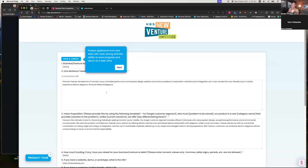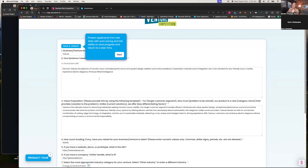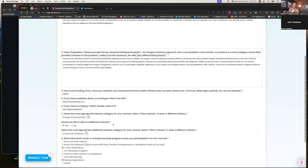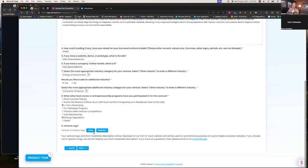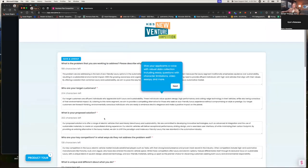So again, if I was to structure this, I would do at least a two-phase competition, where phase one is more text driven. It's, who are you as a company? 250 characters or less. Tell us more about what you do. What's the value proposition? If they are looking for funding, obviously, what would that look like? How did you hear about the competition? Show us your logo. And then it gets into phase two, which is, potentially you can collect at a high